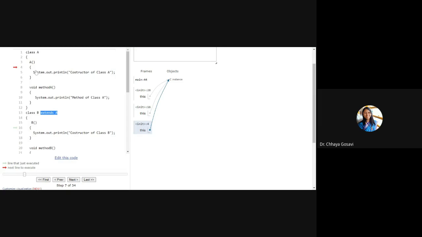Note that here we have not used the super keyword. The compiler automatically calls the default constructor of the base class and then the child class.